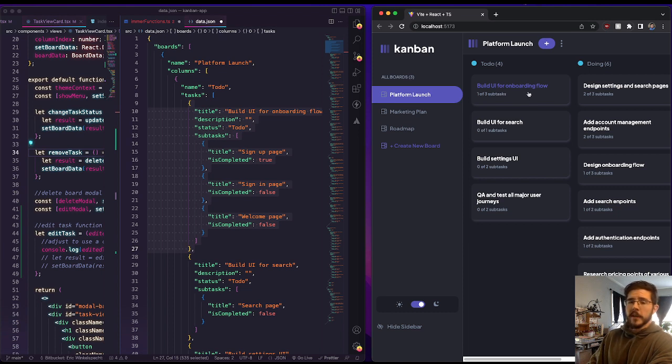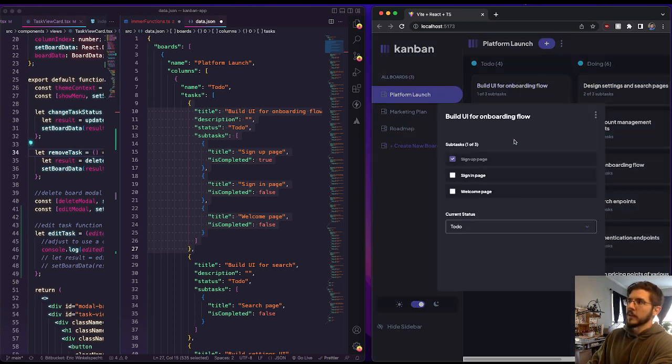This component is what I have as a task preview card, which has that task data, right? Because we've mapped over all of our boards here. We're mapping over all those columns. Here's 1, 2, and 3, which is off screen. There's the done column. And then we map over all the tasks in that task array. So here's 0, 1, 2, 3, right? And our 0 position is build UI for onboarding. So if I open this up, here's that data that has been mapped and is displayed correctly within this giant object. Now if I edit this,